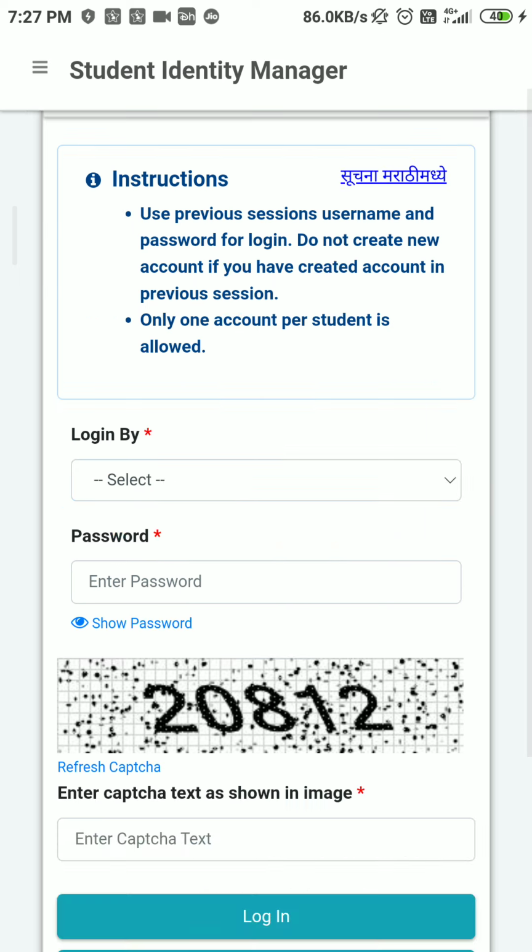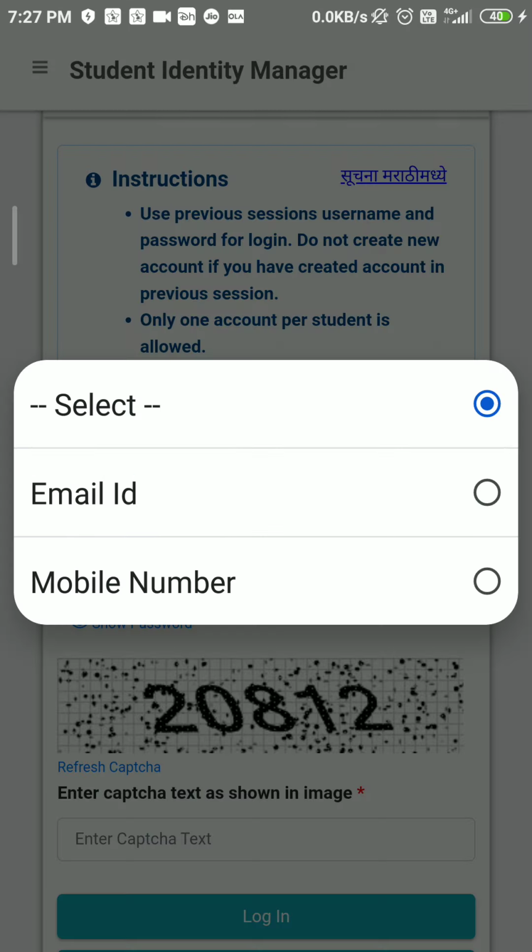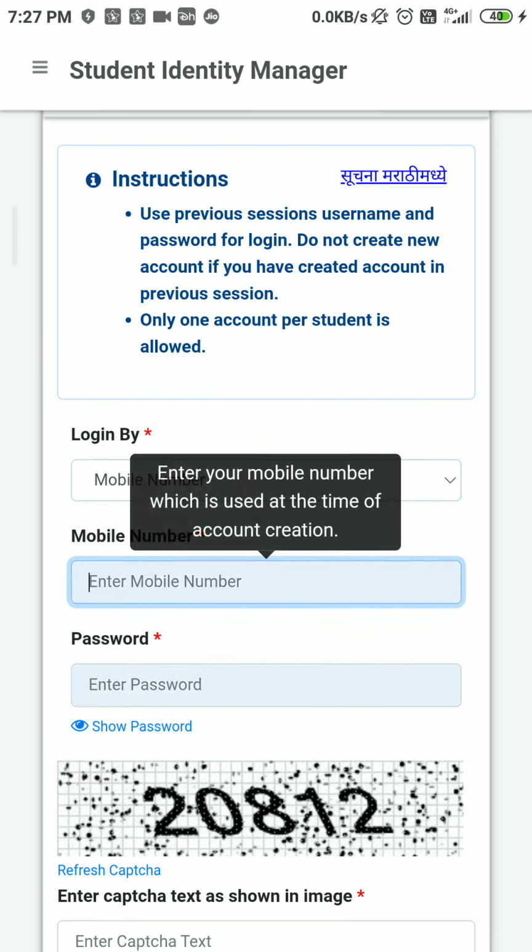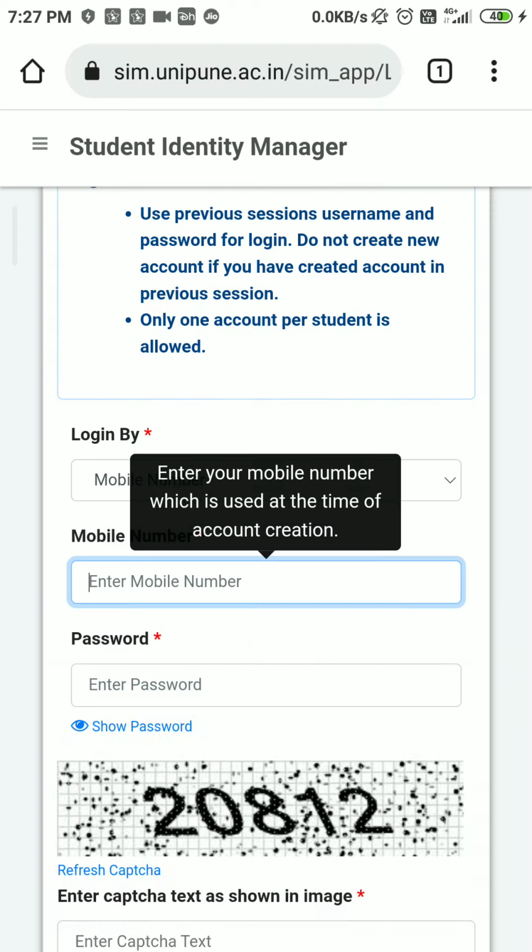Now see, you have your login credentials here. In the first semester examination, if you logged in using email ID, then you have to log in here also using email ID, or you can log in using your mobile number. Now I have the login details of one of the students.